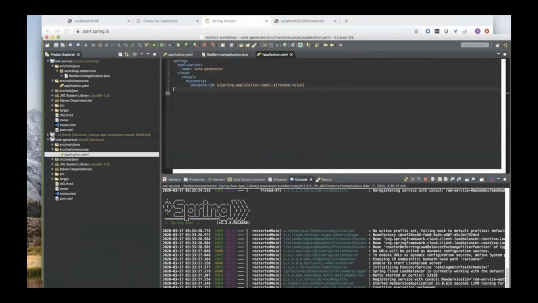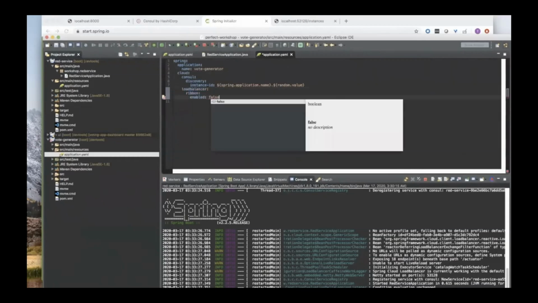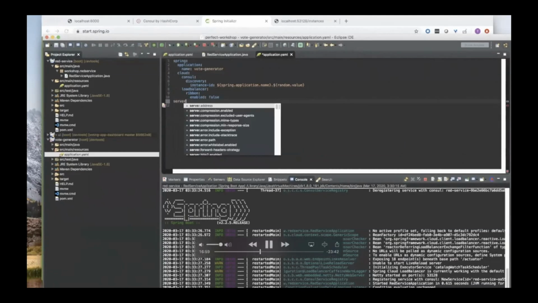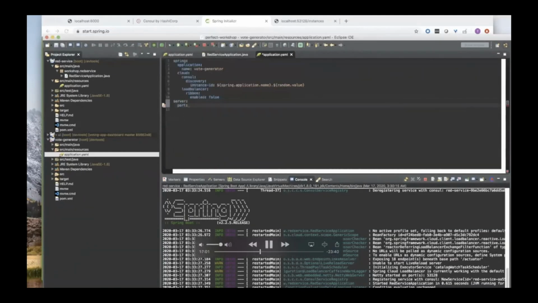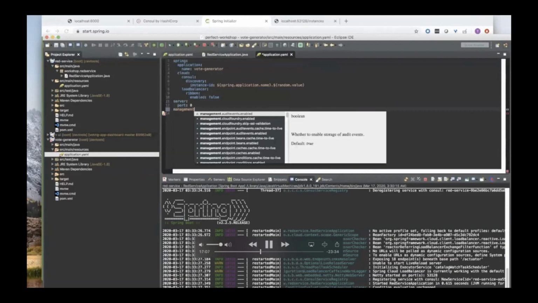Let's disable ribbon. So we'll say Spring ribbon enabled is false. Let's use dynamic ports. So we'll say server.port is 0. Let's expose the actuator endpoints for HTTP. So we'll say management.port